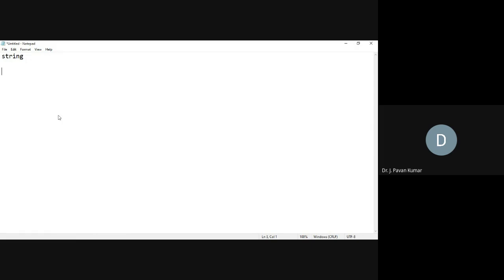The first index starts from 0 up to n minus 1 if the length of the string is n. This is what we have seen. Similar to that, we may have a list of words, a collection of words, or a collection of elements, numbers, or letters. Try to understand my point. When we have a collection of characters, then we will consider it as a string and we can store it directly as a string. This is clear to you. Now I am saying a collection of words I am having. Instead of a collection of letters, I am saying a collection of words.